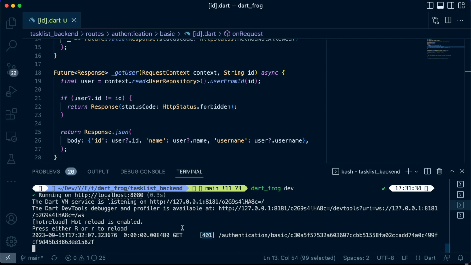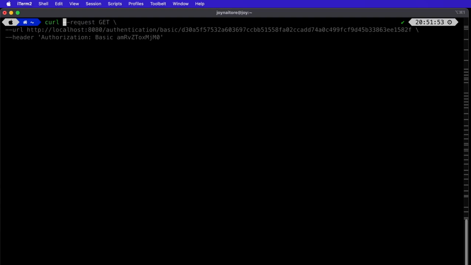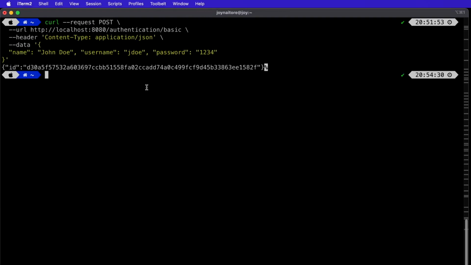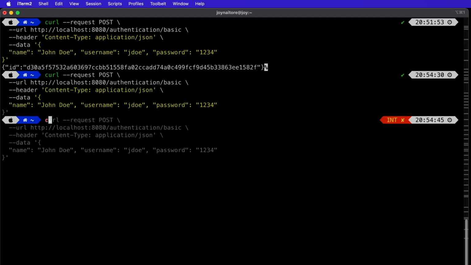So we're getting an error of 401, it's forbidden. We'll just say curl request post. So let's just create this user again and enter. Now that we have that, we're going to pass in a curl request post, not post,